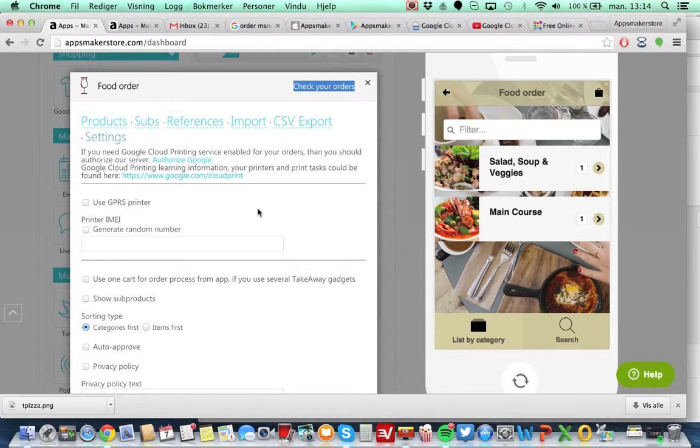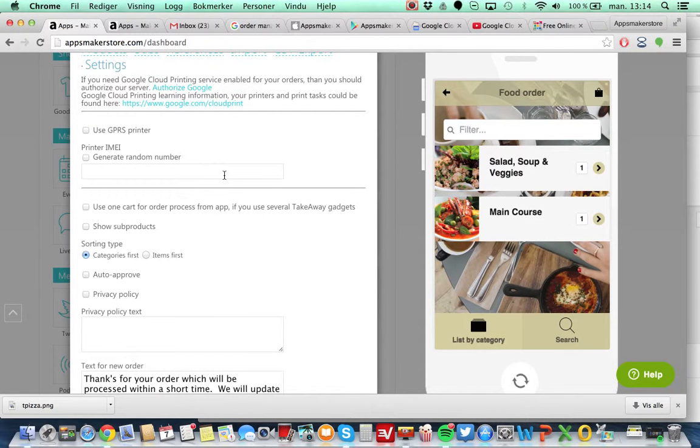One of them is the Google Cloud Printing service, where you can actually connect orders to your existing printer. You only do that by pressing Authorize Google. As long as you sign in on your Google account, you can connect to any printer supporting Google Cloud using the internet. So that could be very useful with your existing printer in the restaurant that you have today. We also have a GPRS printer,